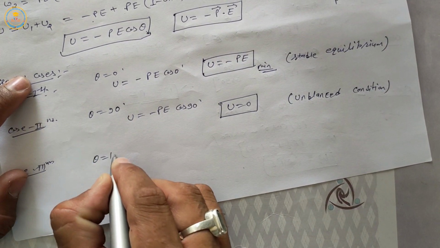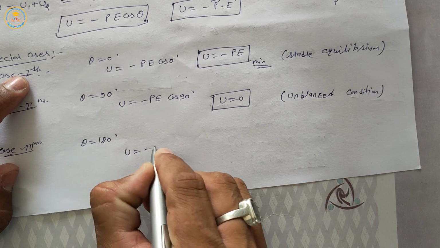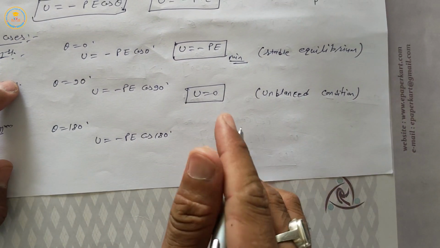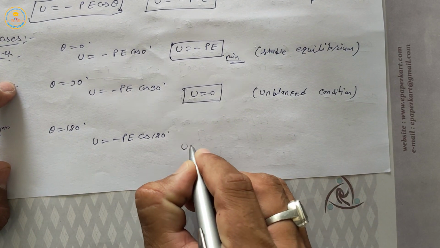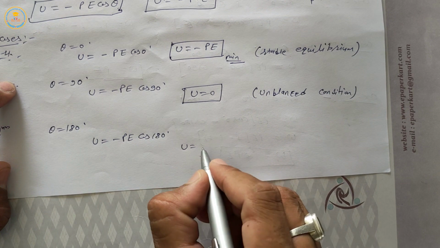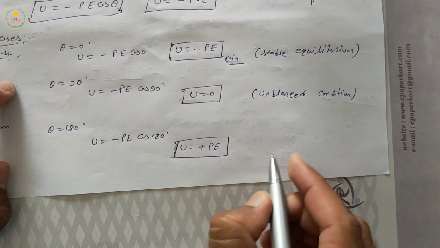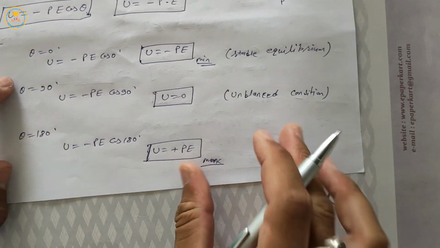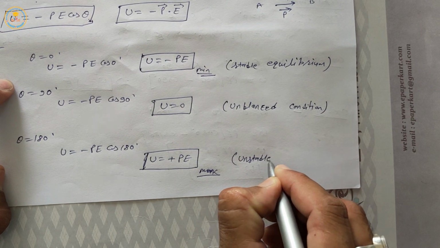It means theta is equal to 180 degrees, then U is equal to minus pE cos 180 degrees, and we know that the value of cos 180 degrees is equal to minus 1. So U is equal to plus pE. This is the maximum electric potential energy of the electric dipole. In this condition, the electric dipole is in unstable